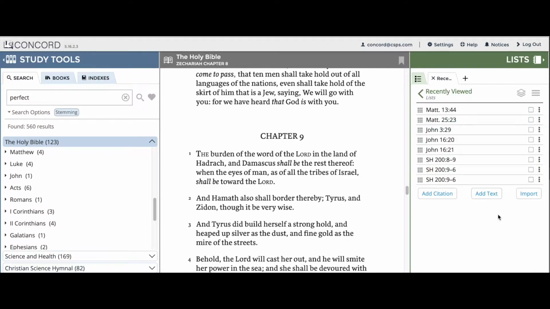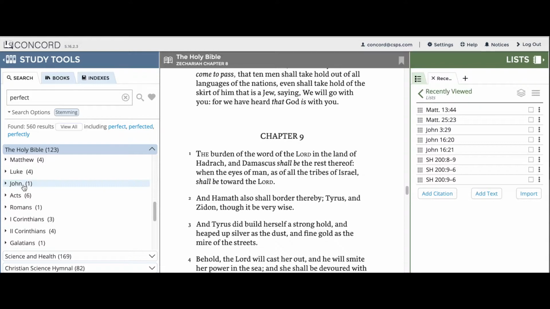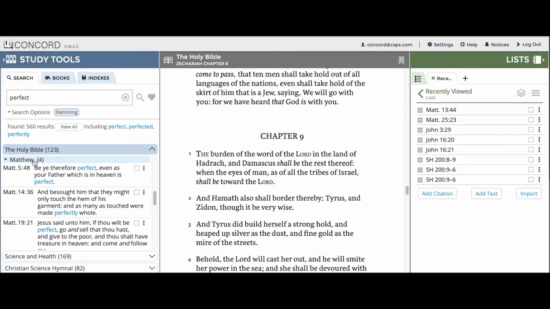Similar functionality will work in the Study Tools panel. For example, if you were interested in everywhere the word perfect appeared in the Gospels, you could quickly move all of the search results from the Gospels to a list using these multiple citation selection features. To do this, simply expand the books you are interested in. You could then check the boxes next to the citations of interest one by one,